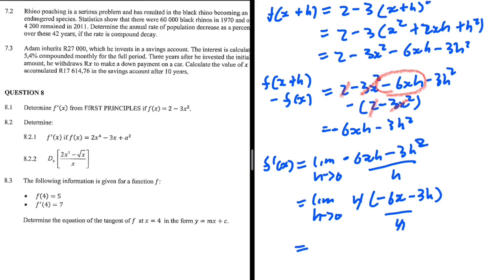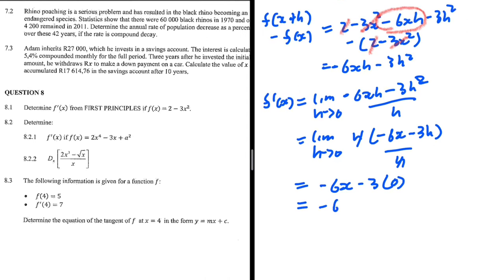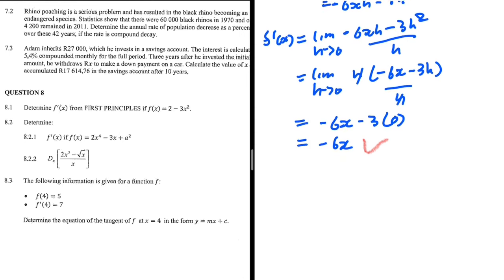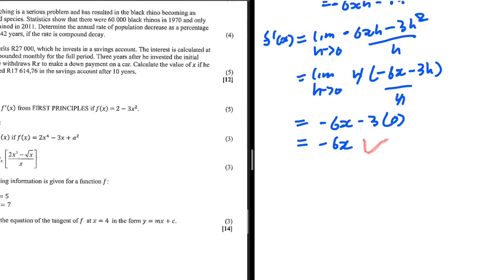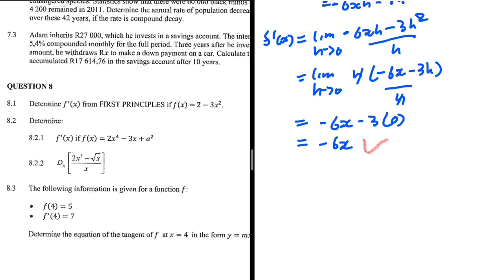Now let's let h be 0. We're going to have minus 6x minus 3 multiplied by 0. So this is just minus 6x. And it's exactly what we said we should end up with. So we are convinced that we have done everything the right way. That is 8.1. Quite easy to compute, 5 marks. And then